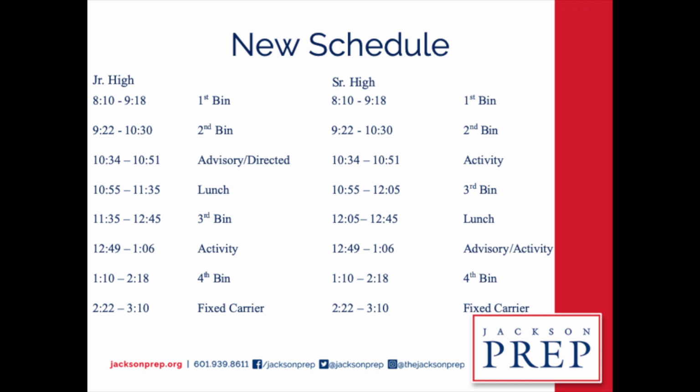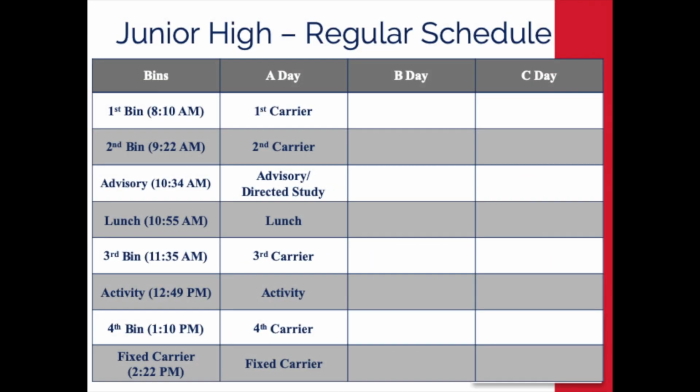This allows for more breaks during the day for our students and prevents long lines in the dining commons during lunch. Now let's look at how the rotating carriers move through the new junior high schedule. As you can see, students will have A days, B days, and C days. In an A day, a student will have rotating carriers 1, 2, 3, and 4 rotate through the first 4